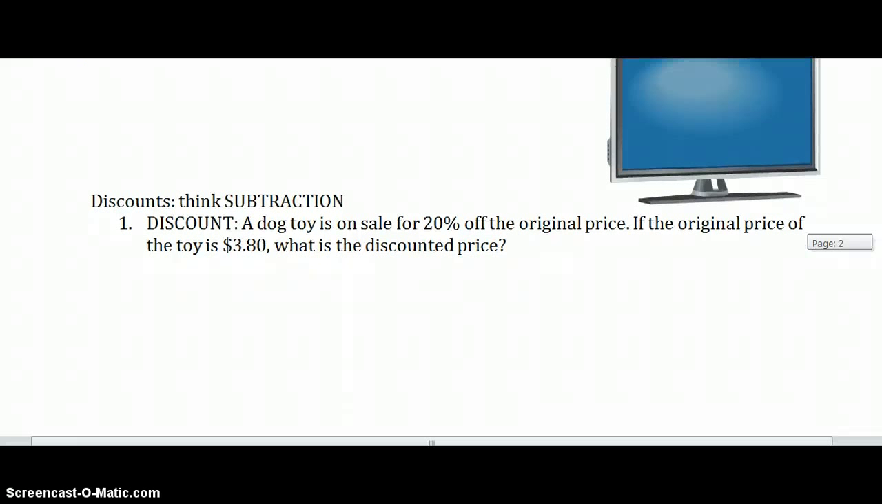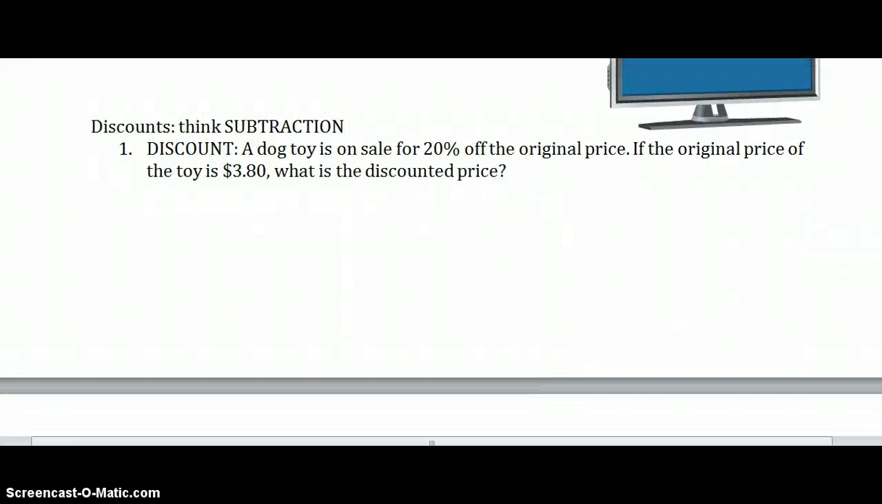Okay, let's talk about discounts. I love to go find a bargain. So a dog toy is on sale for 20% off the original price. So this is going to be a decrease. If the original price of the toy is $3.80, so again it's change over original, and the percent off was 20% out of 100. So as we cross multiply that out, we end up getting,